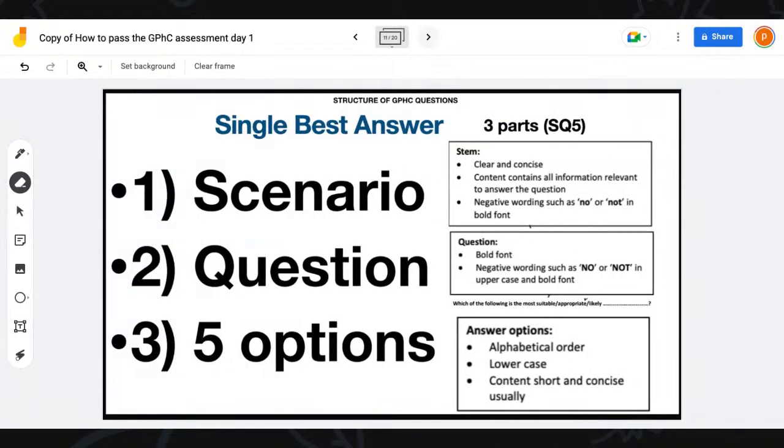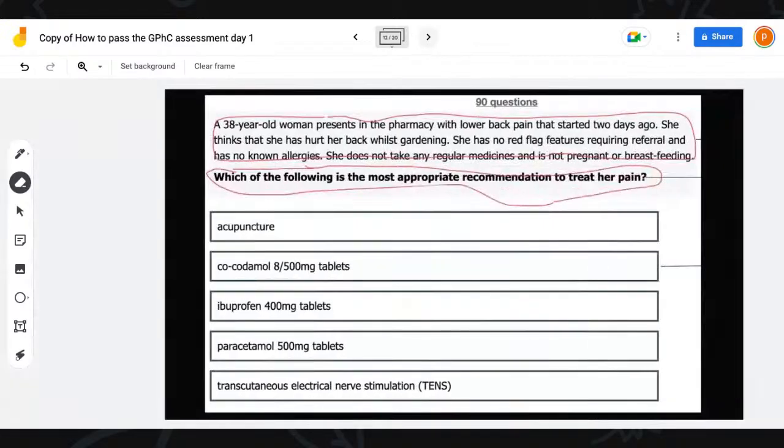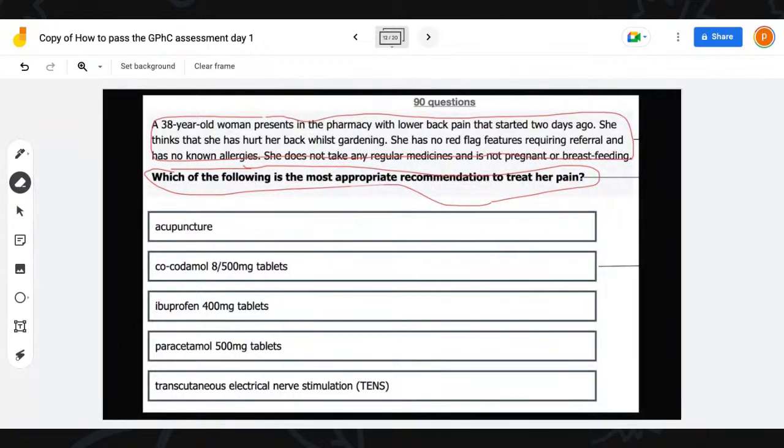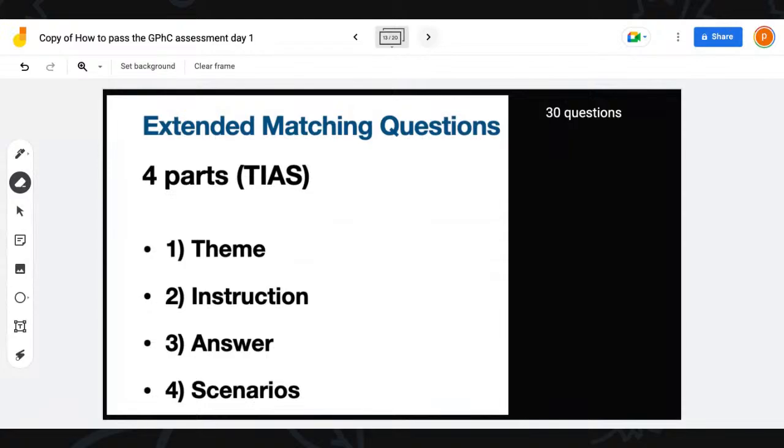We spoke about how the GPhC structures this exam. I highlighted why the GPhC questions are different from the mocks that you do. So don't lose your confidence if you're not doing well in mocks. They're not really a true reflection of the GPhC exam itself. The GPhC goes through a multi-stage review process. The questions are less ambiguous, clearer and more concise, and there is a structure to all of them, which will make things a lot clearer and easier for you in the actual exam compared to random mock questions.